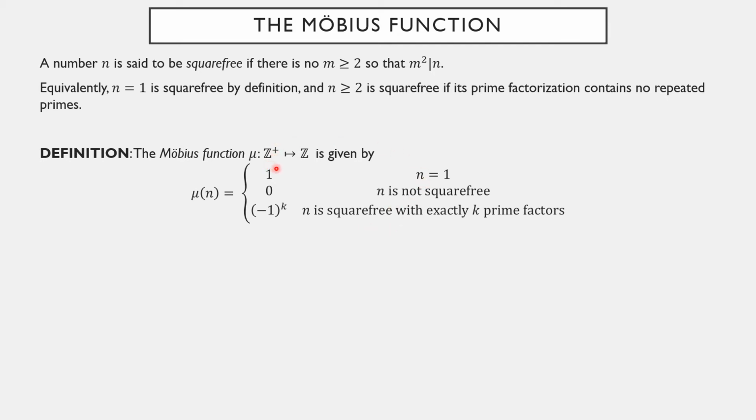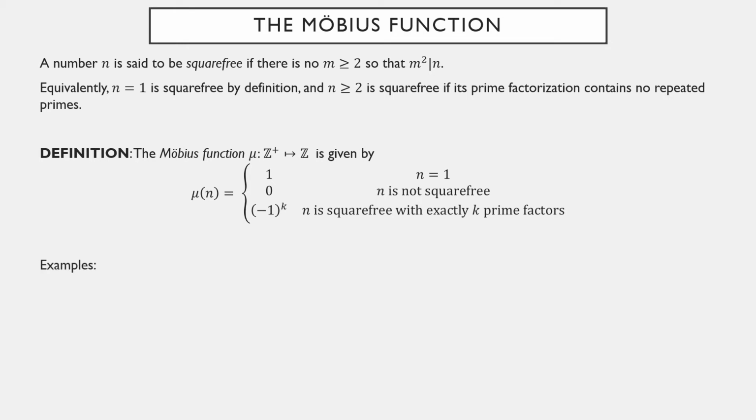So mu of 1 is 1. If you plug in a number that has a square that can be factored out of it, then mu is 0. But if n is square-free, meaning its prime factorization has no repeated primes, then mu of n is negative 1 to the k, where k is how many prime factors the number had. Okay, so this is a little weird compared to many functions you're used to working with,